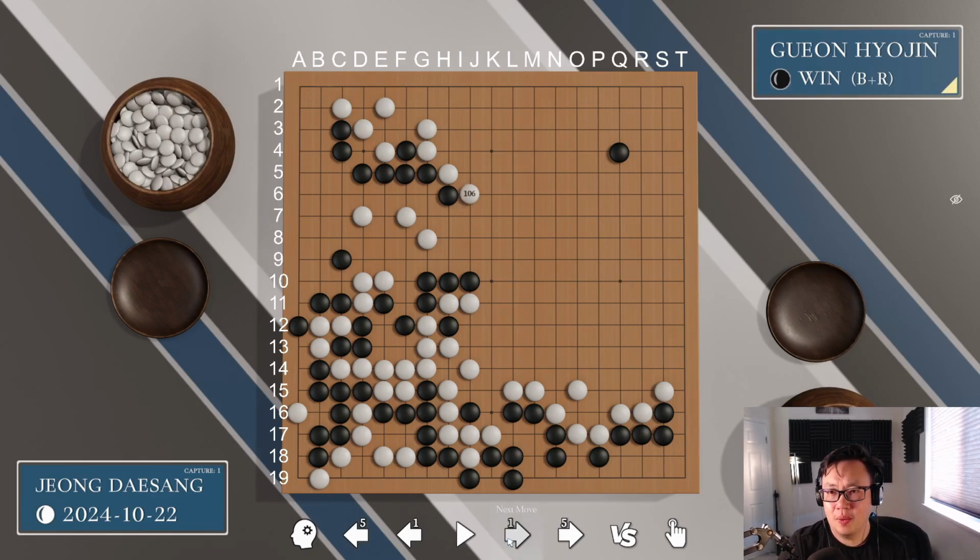Okay. White double hanes, black, and then white disconnects. Again, like I said, disconnect it. I don't think the double hane was needed, to be honest. I think it should have just gone straight to disconnection and then worked on it. But that's just me. Black pushes, white caps. Black is now trying to extend. White is threatening to cut. Okay, white cuts. White goes in, hanes. Solidifies, and then